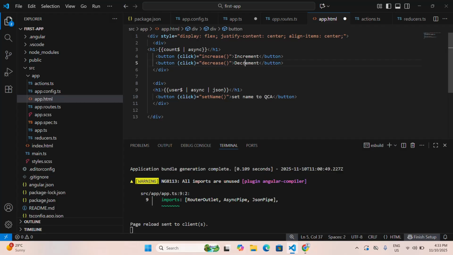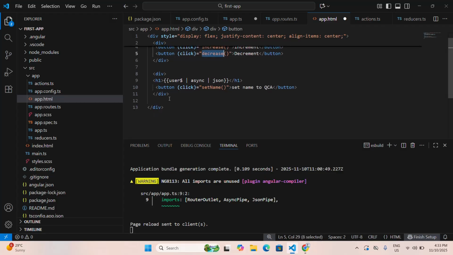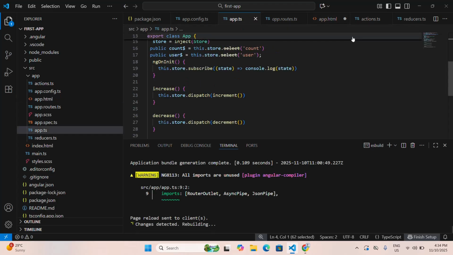Now this one is the decrement button, which is calling the decrease method, and here we have this user object which is asynchronous, that is why I have mentioned the async pipe. And we cannot show the object directly in HTML, so that is why I am using the JSON pipe. And here we have this set name button. Okay, so I am going to save these two files,